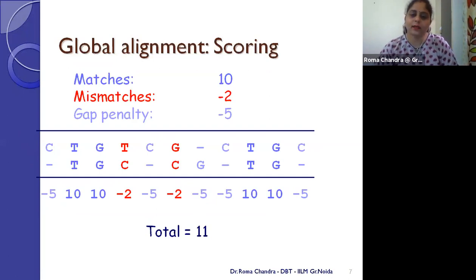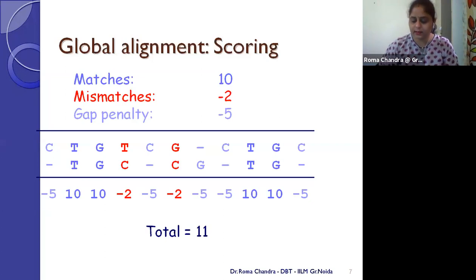So this is the value I got from my alignment when I aligned both the sequences and I took my values as 10, -2, -5. This is the scoring scheme which I personally used. This scoring scheme is not any defined scoring scheme because we have certain standard scoring schemes. We use scoring matrices or substitution matrices like PAM and BLOSUM, both for nucleotides as well as for proteins. Okay, so we are having those standard scoring matrices and we can use the scoring schemes from there. But this is something which I have used personally.